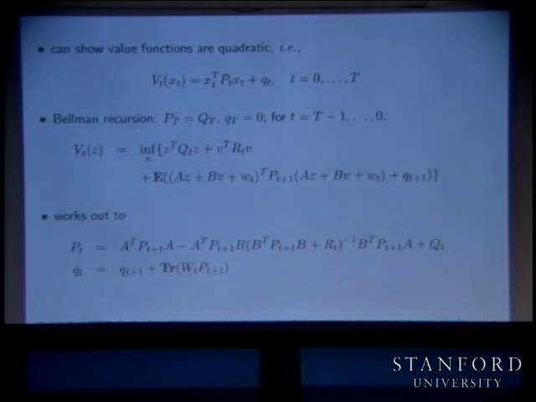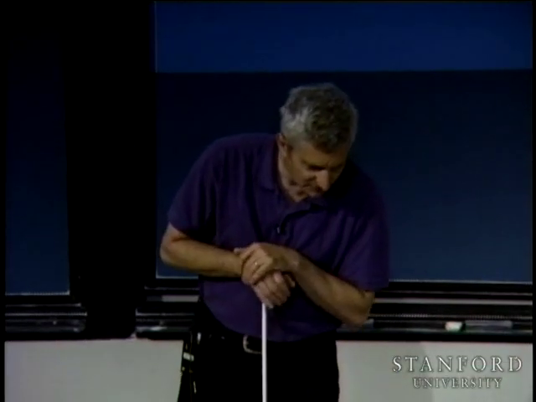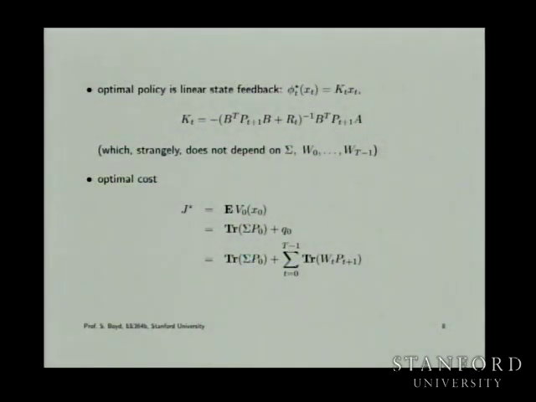What's nice about this is that this is the one case where you can actually solve a stochastic control problem. It's quite sophisticated, actually. The optimal policy is a linear state feedback. In other words, it just takes the current state and multiplies it by a state feedback gain, which you get by propagating this Riccati recursion backwards in time. And the first thing that you notice about the state feedback is that it apparently has nothing to do with the